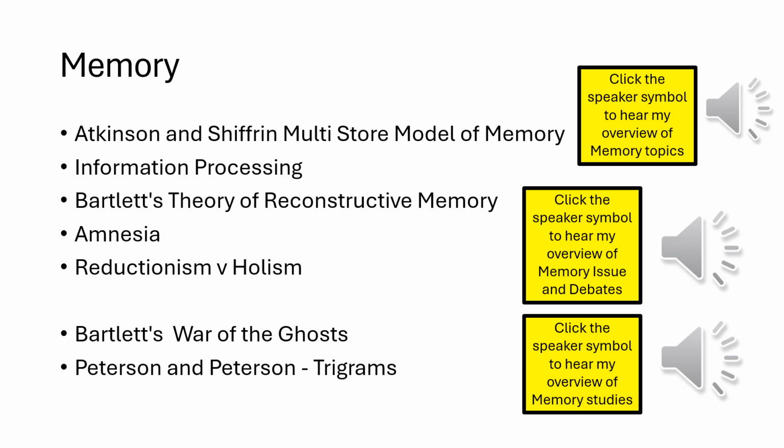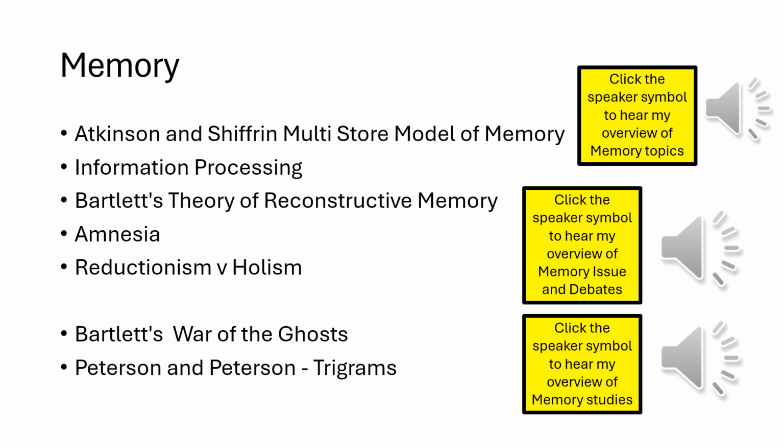The 2 studies for memory are Bartlett's War of the Ghosts. So this is when a story was given to a group of people. It was the War of the Ghost story, so it's an unfamiliar story with lots of specific details in it. There is repeated reproduction, whereas the same person repeated it over different time periods. There's no set intervals for time, but it could have been 1 month, 3 months, up to a year. But each participant recorded at different time intervals, which is an issue when it comes to reliability and the ability